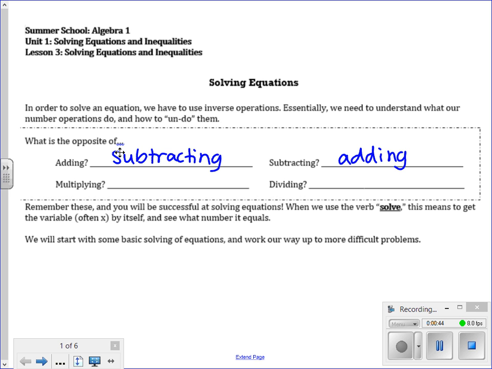In the same way, the inverse of multiplying is dividing. Well, the opposite of dividing is multiplying. So another set of inverse operations are multiplying and dividing. If you can remember these inverse operations and take your time and think carefully, you will be successful at solving